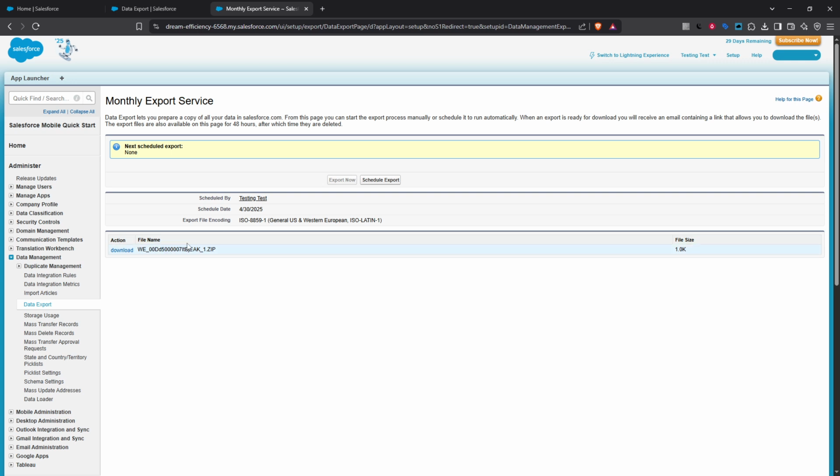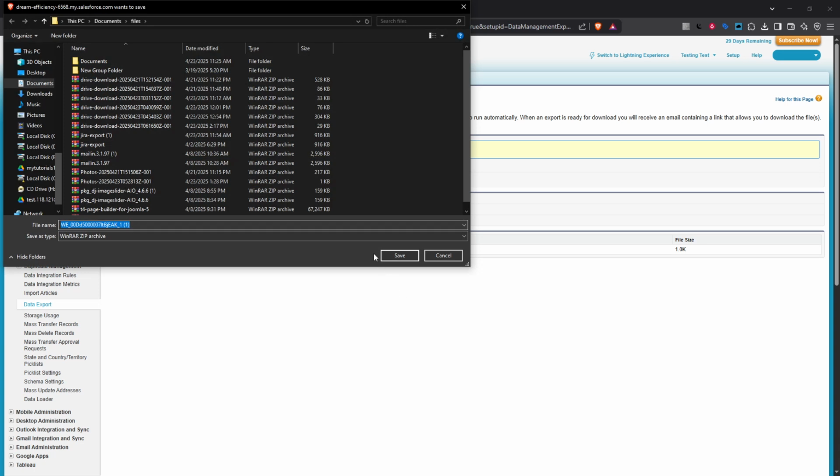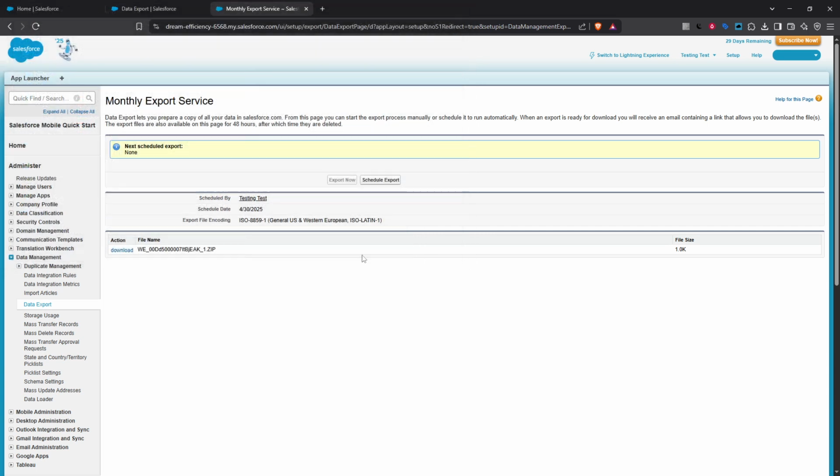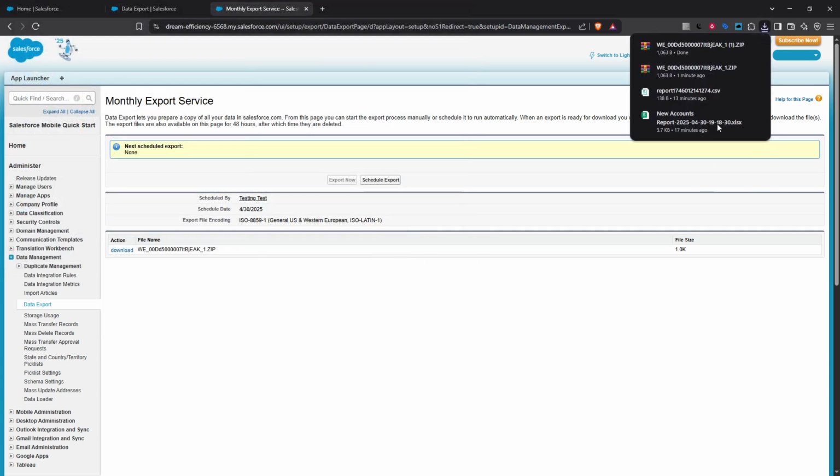When Salesforce has completed the export, you'll receive a zip file. This file contains your data in neat CSV format, one file for each object you selected. Open this zip file and inside you'll find the CSV files ready and waiting. Double click on any of these CSV files and they will open directly in Excel, where you can start your